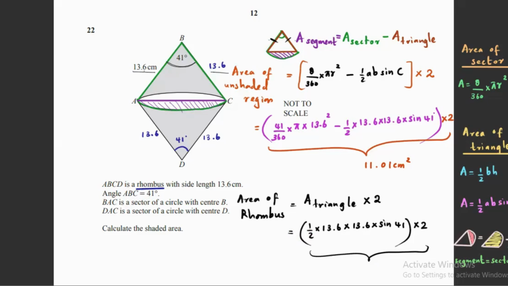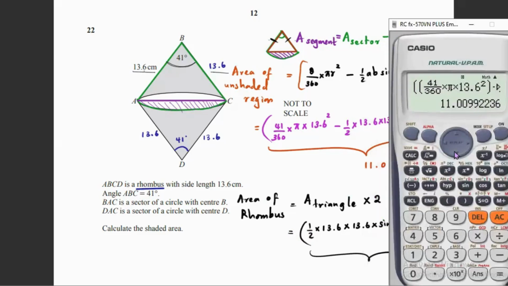So I'm going to put this also in the calculator. So I'm going to do half times 13.6 times 13.6. So I can put it as a square. Then I can times it with sine 41. And I'm going to close the bracket. So this gives us